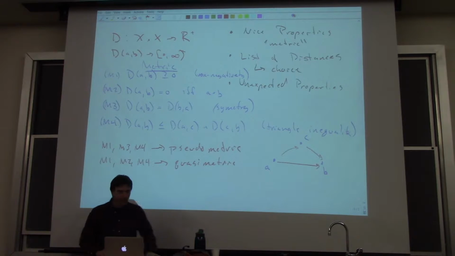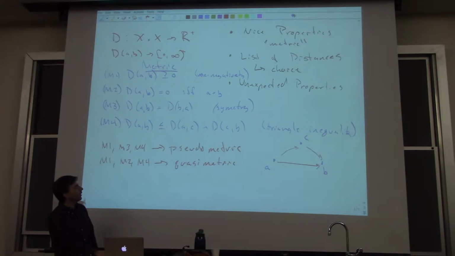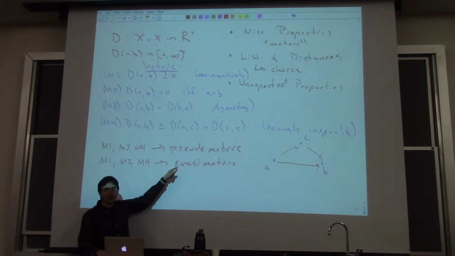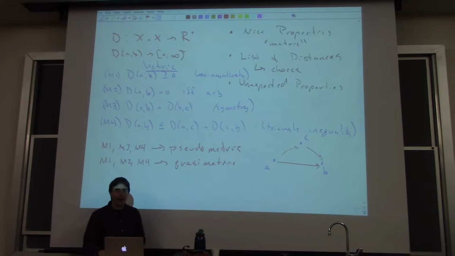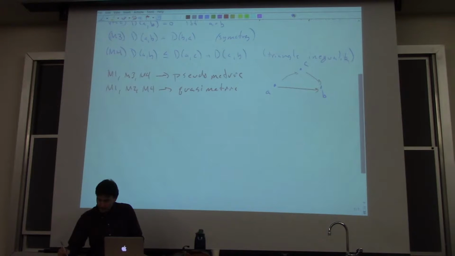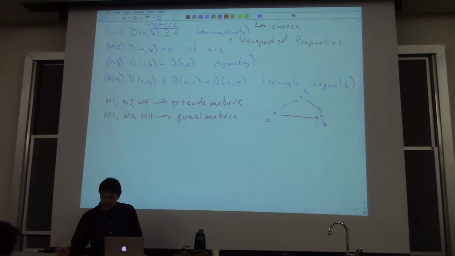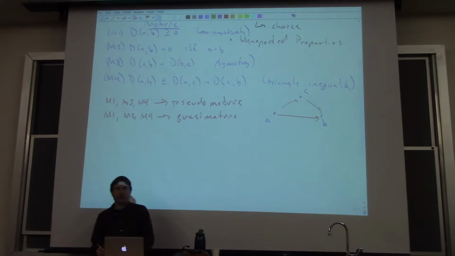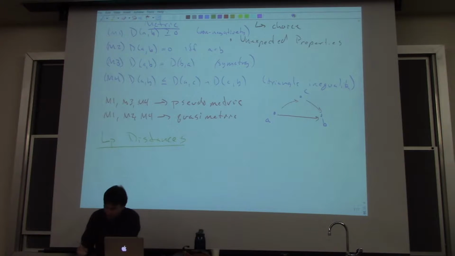Okay, so we'll see examples of some very useful distances which are a pseudometric and a quasi-metric. Okay, so keep these in mind. All right, so the first class of distances we'll go to are going to be these Lp distances. Okay, so for Lp distances, p now is some value,